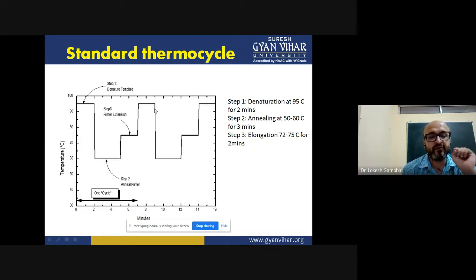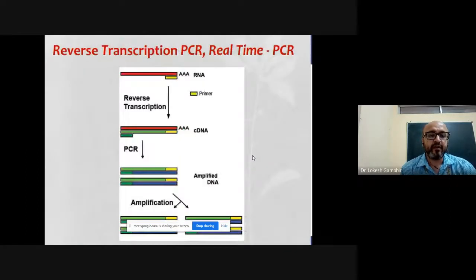But what I want to narrate to you is that before this step, we always put 5 minutes of denaturation at 95 degrees Celsius, so that I ensure my complete DNA is denatured and available for the cycle to go ahead. And then when the complete 30 cycles are over, I give a prolonged incubation of 3 to 4 minutes at the same temperature, so that I make sure no further amplification is carried out. So that is all about the temperature profile of that particular part.